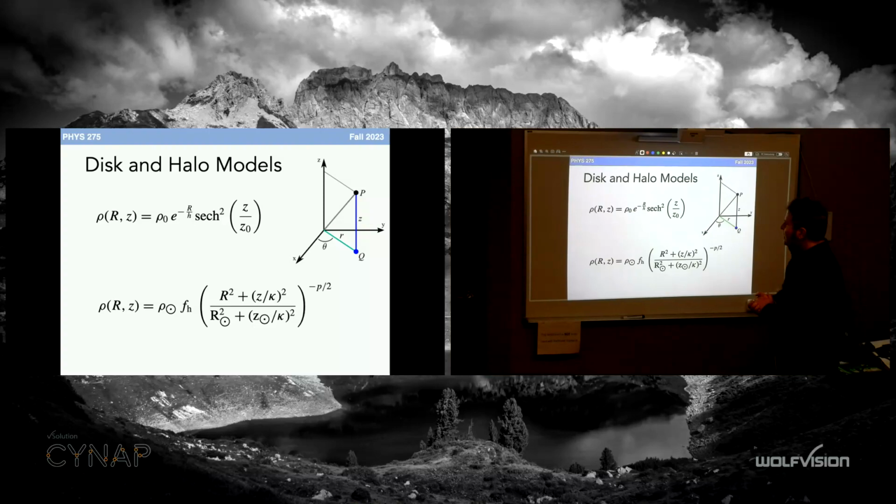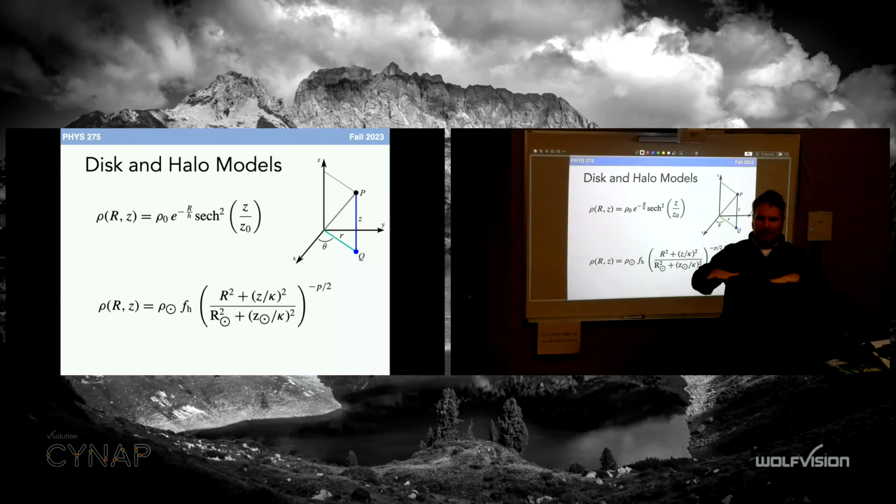We have a model where it says this is the density as a function of, so the Milky Way is a disk, so we have a radial coordinate, and then above the disk is z. That's the height above the disk. So cylindrical coordinates. This is what cylindrical coordinates are. A radius in the xy plane, and then above the plane, you have height, z. Okay, so that's our coordinate system.